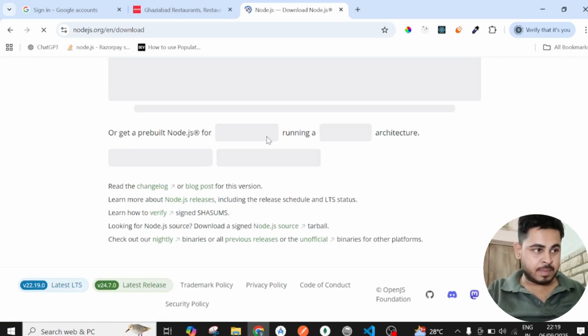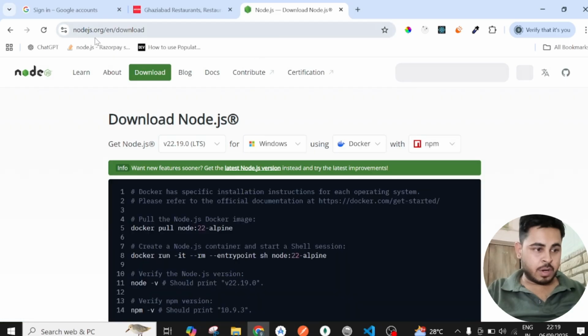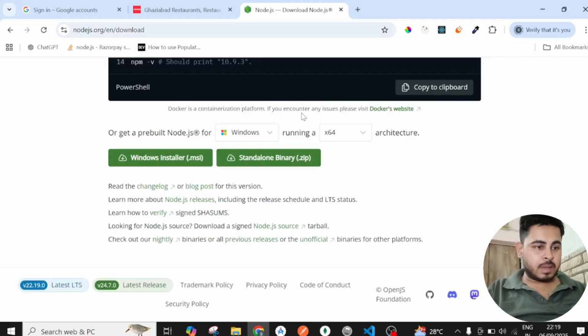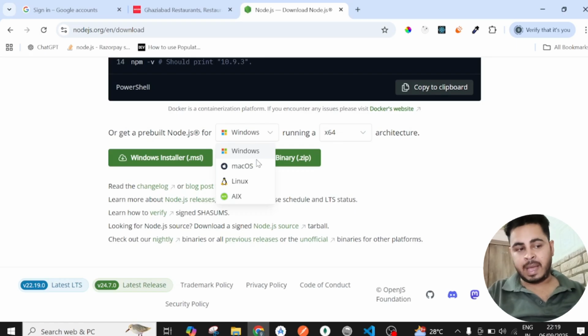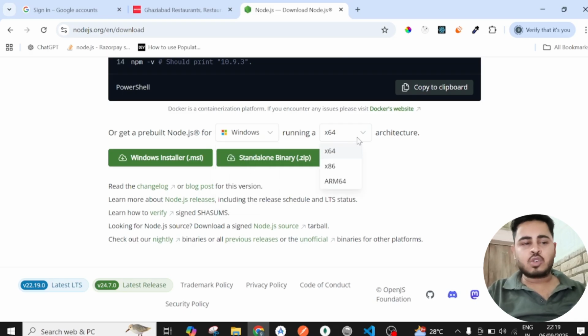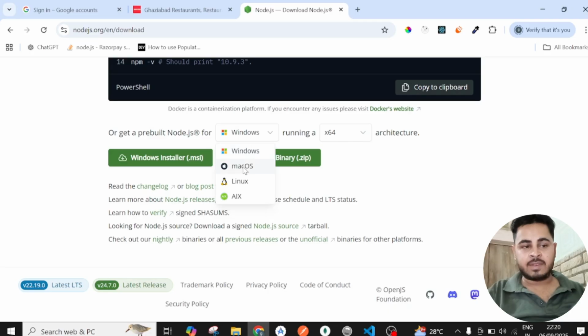I guess there is some connection issue, no issues. Once you scroll down, you will find different options for different operating systems, like Windows, Mac OS, Linux, and then the processor bit, like 32-bit, 64-bit. Nowadays mostly only 64-bit systems are there, so I recommend using a 64-bit architecture. Depending upon your operating system, you can select it, and once it is done, you can simply